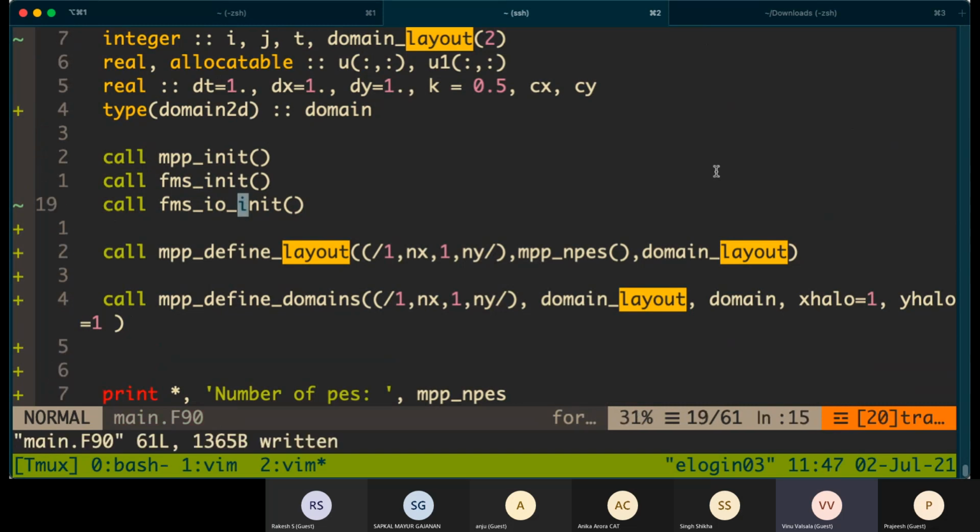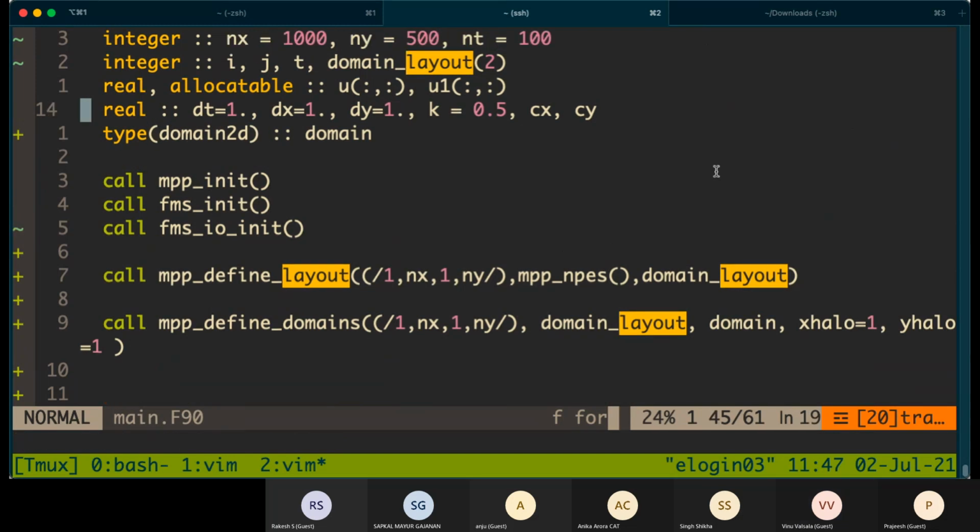So is it any name, or only this name available? Domain 2D is like real, the name of the type. Real is the name for the type, floating point.